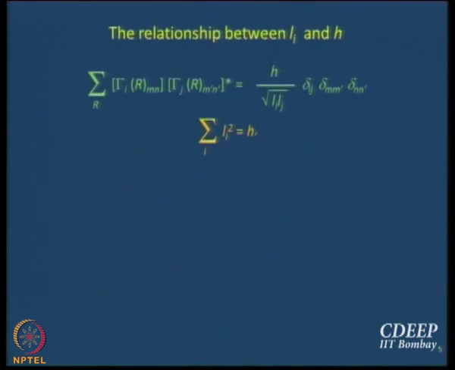So what is this relationship between the dimensionality of the matrices and h? The order, which is the total number of symmetry operations. This is the relationship, to cut a long story short: sum over i of l_i squared equals h. And we might derive this also later on, but this is basically how the derivation comes. Do you agree with me that l_i squared is the number of orthogonal vectors that I get for the ith IR?